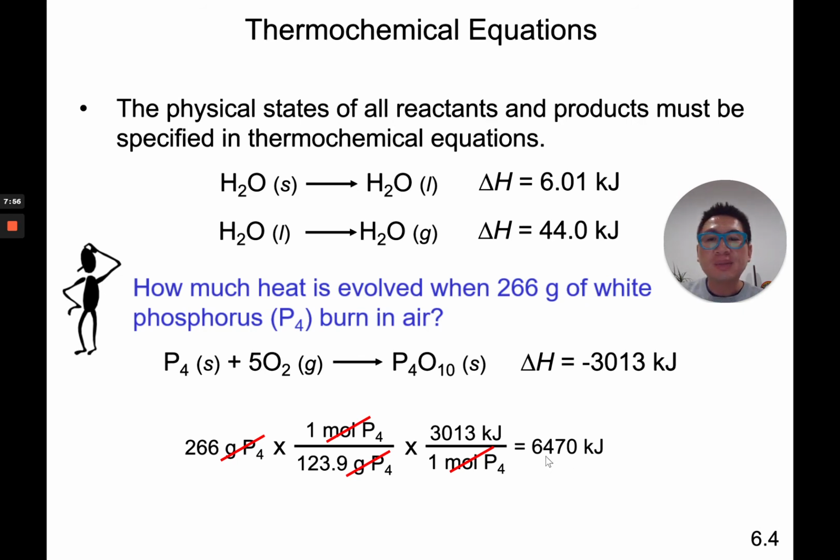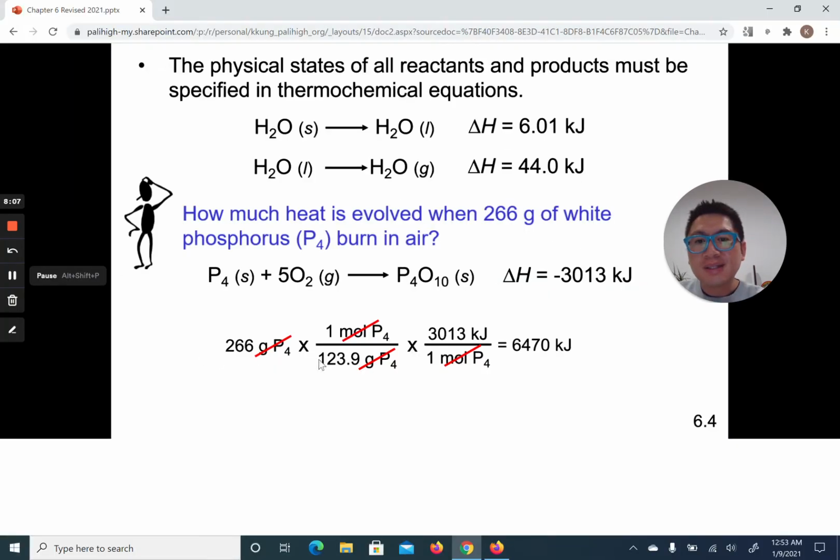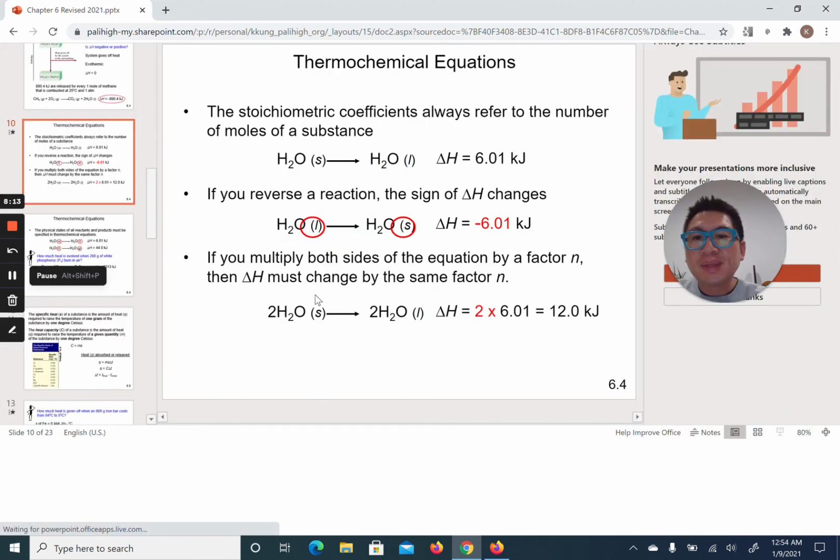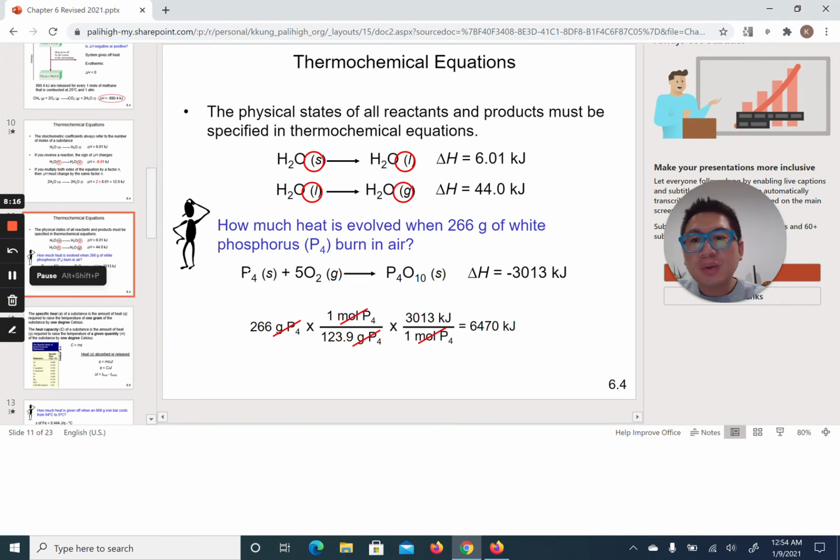There is one other thing I wanted to mention. Okay, so this thing is just on, what do you call this thing? PowerPoint. But I just want to also mention that if there were a coefficient, I'm going to put one in right now. Let's say there's a coefficient 3 there. I know that's not balanced anymore, but let's say there's a coefficient 3 here. This would mean 3 moles of phosphorus gives 3013 kilojoules of heat. I would also have to change this to a coefficient of 3, meaning the answer would be 6470 divided by 3 at the end. If there was a coefficient 5 here, the math would also change, because this would mean